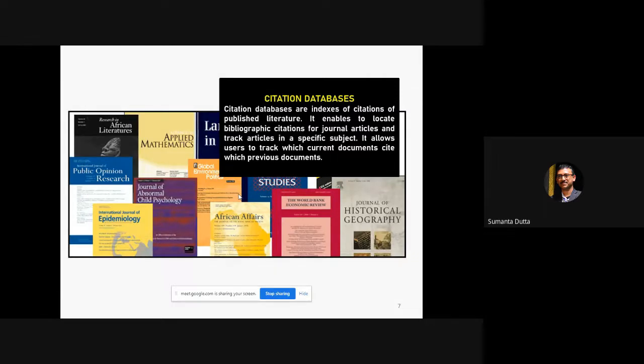The third one is Google Scholar, which is very common to all of us. Because when we search for a particular paper, we generally search in the Google search engine. But if it is not available there, we can go for Google Advanced Search, or otherwise we can search in Google Scholar. Google Scholar is also helpful for individual scholars as well as researchers to access a particular paper. Google Scholar Citation is a citation service provided by Google free of charge. It provides information about citations of authors by tracking all possible types of papers, a wide variety of online journals, maybe in the form of a book chapter, maybe a conference paper, web page,